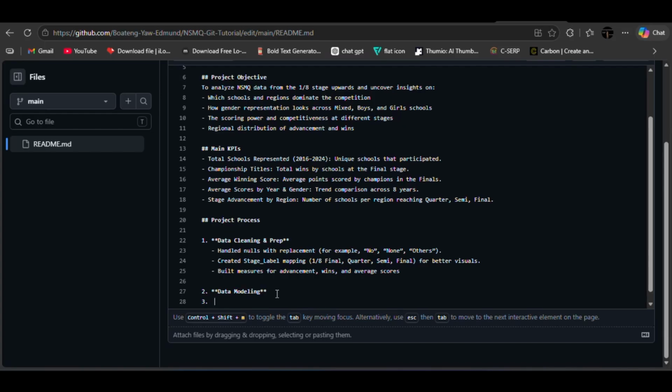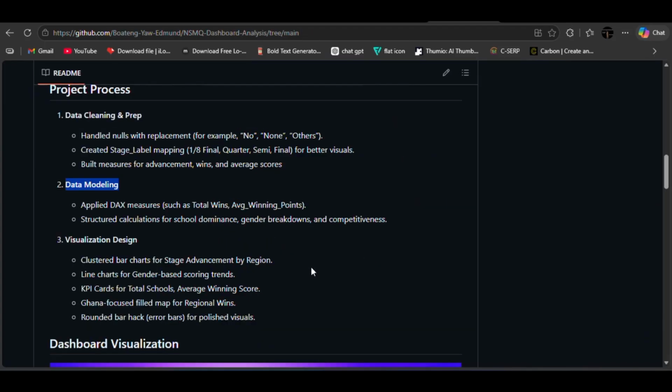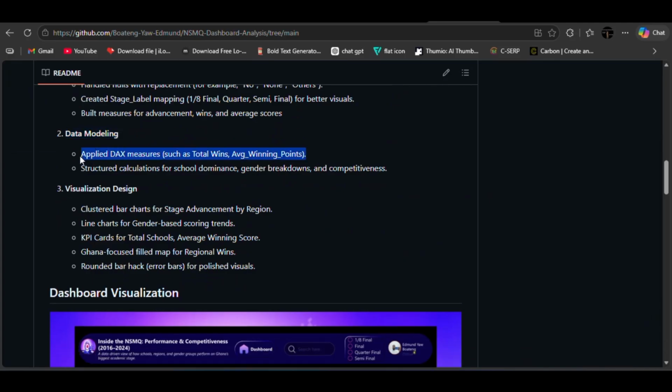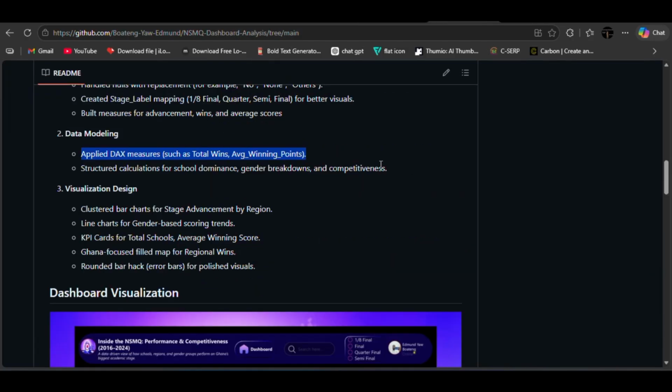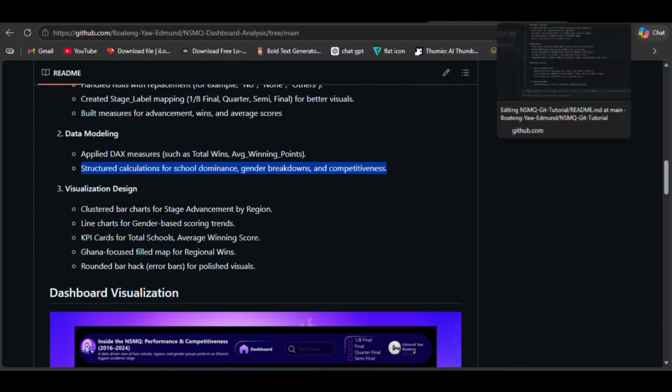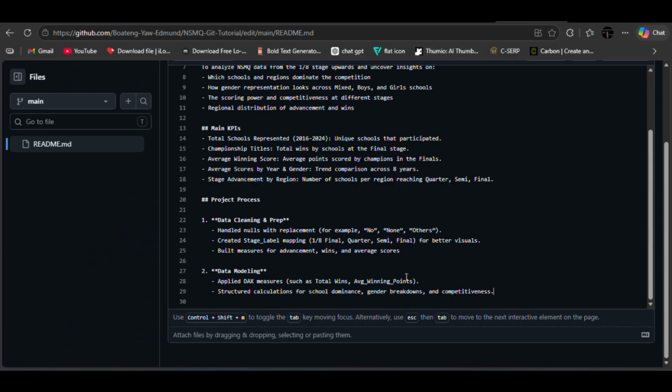And then we make the bullet like we did. So I applied some text measures. Net structure calculations for school dominance, gender breakdown, and competitiveness. Okay,